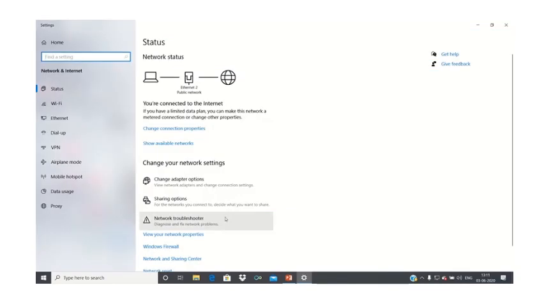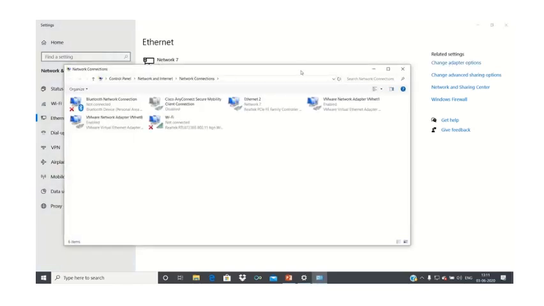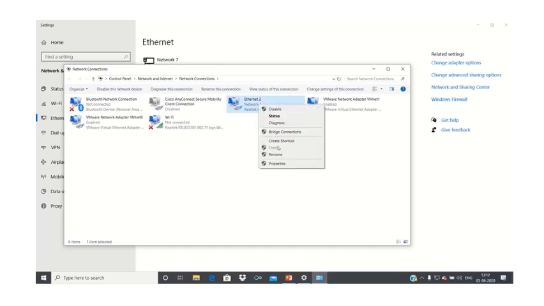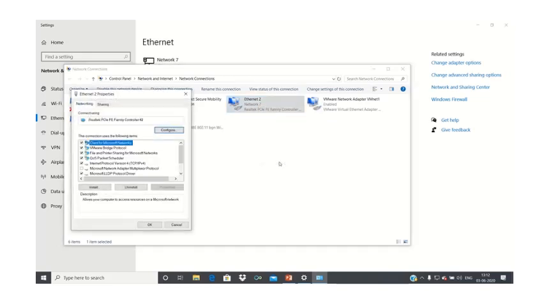As we have seen earlier, open network and internet settings, select Ethernet, go to change adapter options, select the interface to which the router is connected, go to properties, IP version 4, properties,